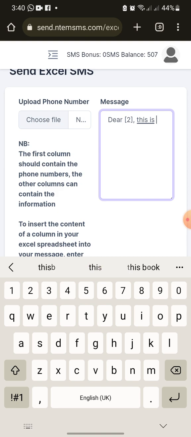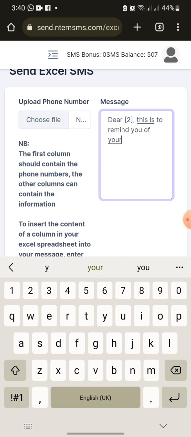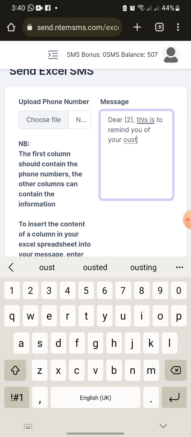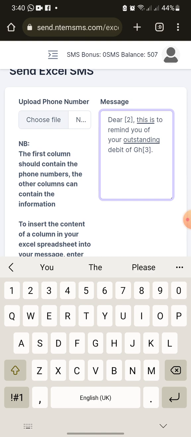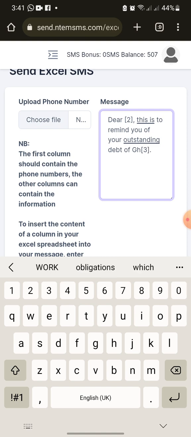This is to remind you of your outstanding debt of, and maybe I want to write 500 cedis, so I'll just put square bracket 3 there. So the message will read dear, and instead of 2 it will go to them with their names. Dear Martin, this is to remind you of your outstanding debt of